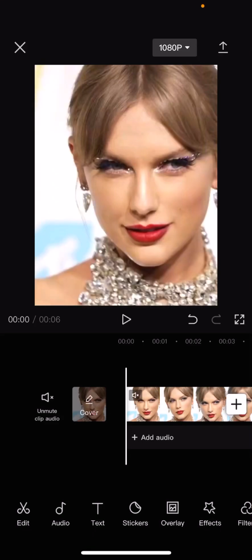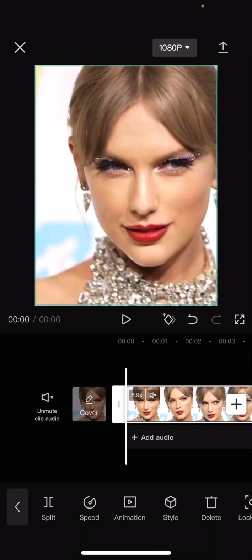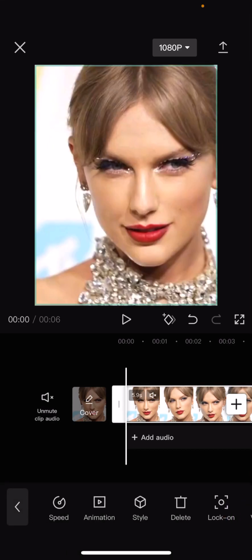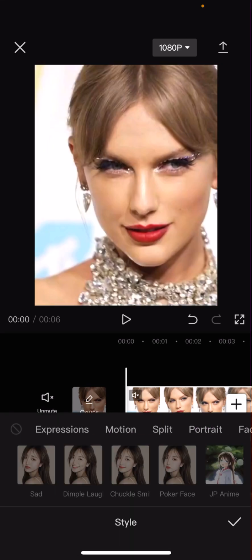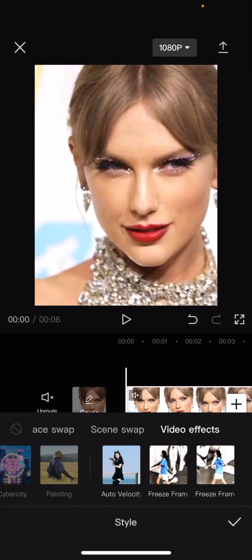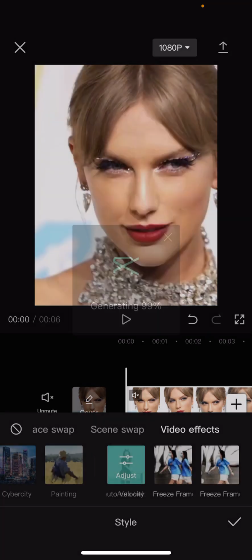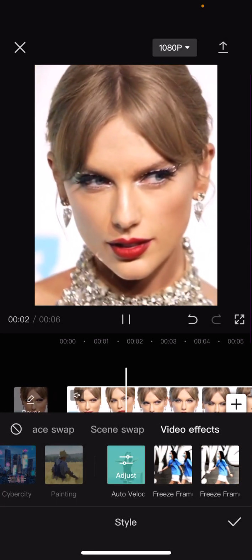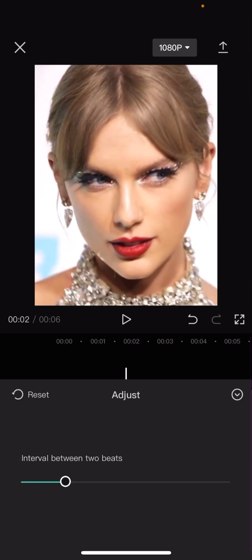In this video I'll be showing you guys how you can adjust auto velocity on CapCut. It is super simple to do. You are going to just select your video and you're going to select style, and then you are going to scroll until you find a video effect and you are going to select the auto velocity one. Wait for it to generate first, and then you're going to select adjust, and here's where you can adjust the